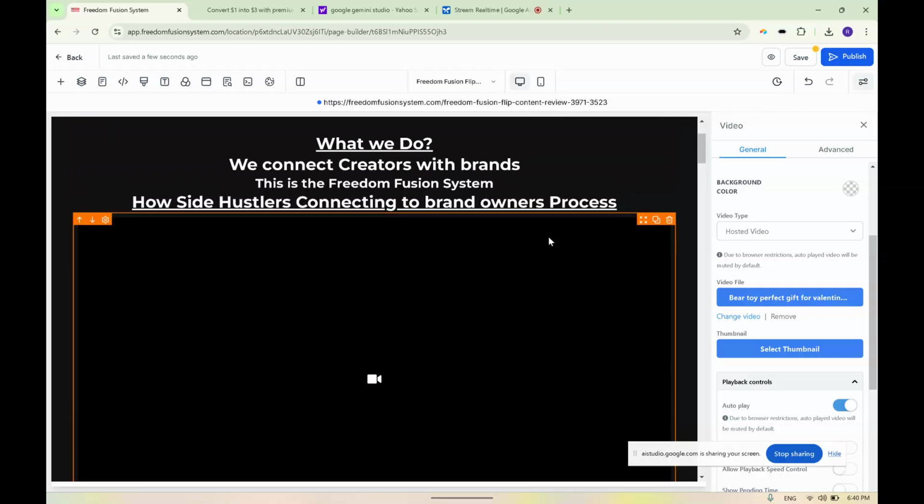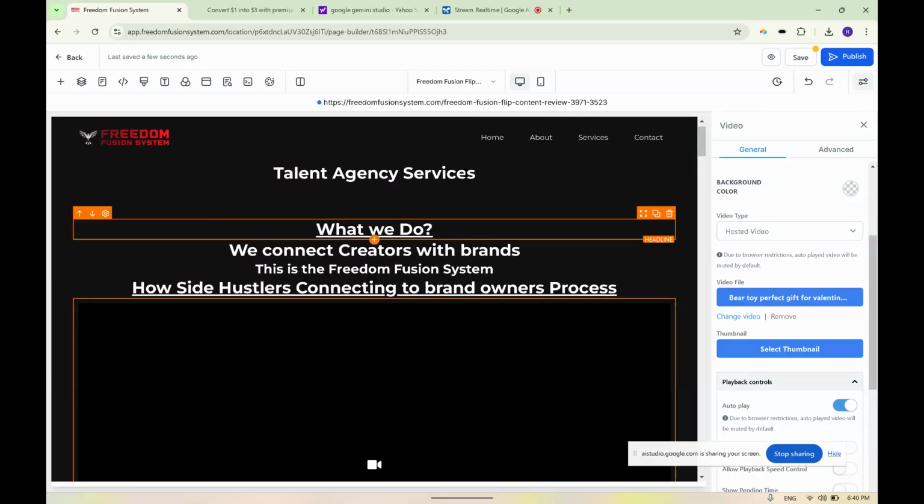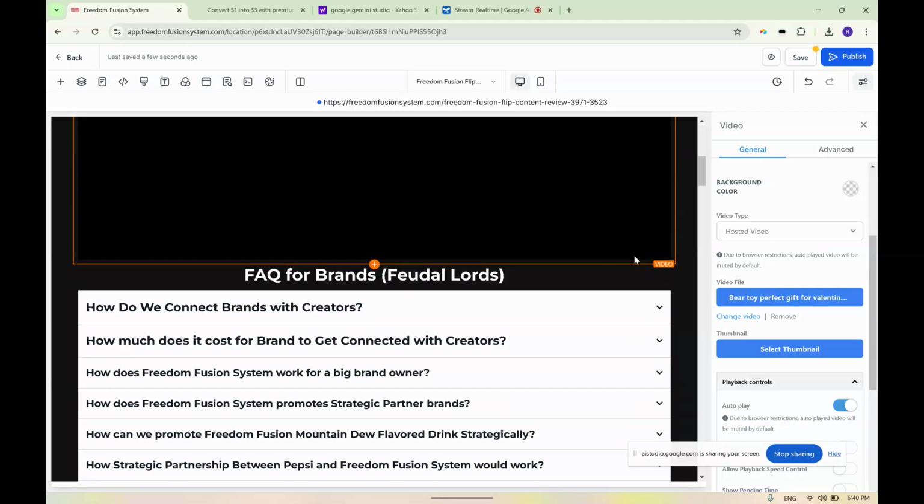So this is where I'm stuck. I'm trying to create a funnel page, and I'm stuck over here. I can't figure out how to resize this window. So check this out. Nexus,